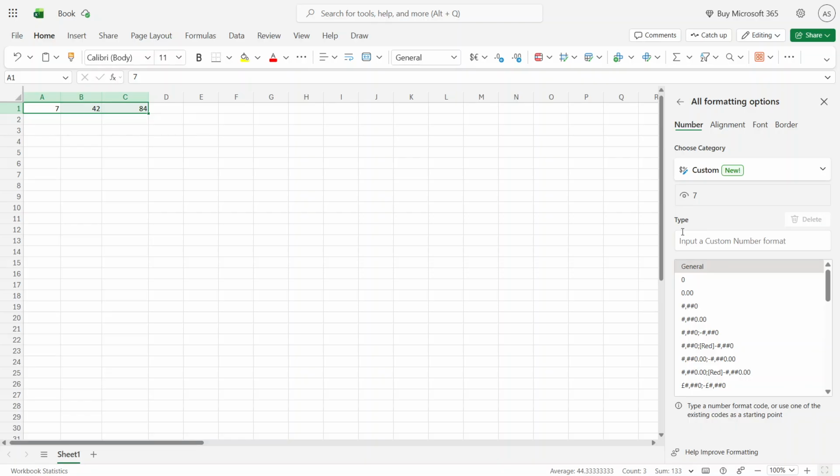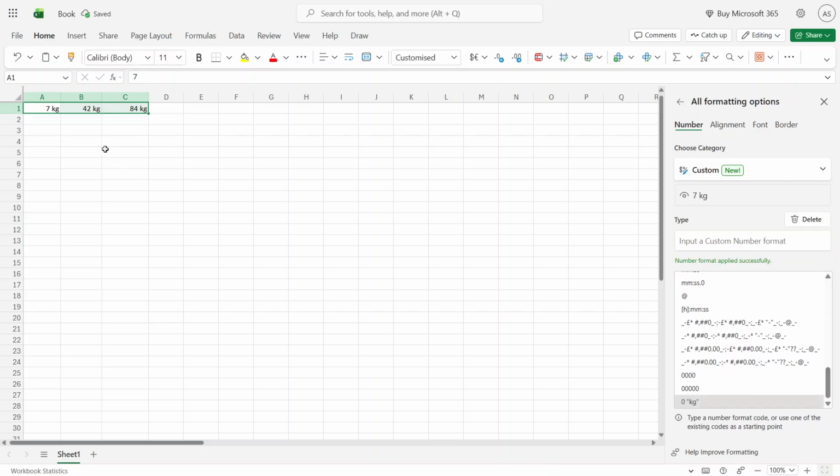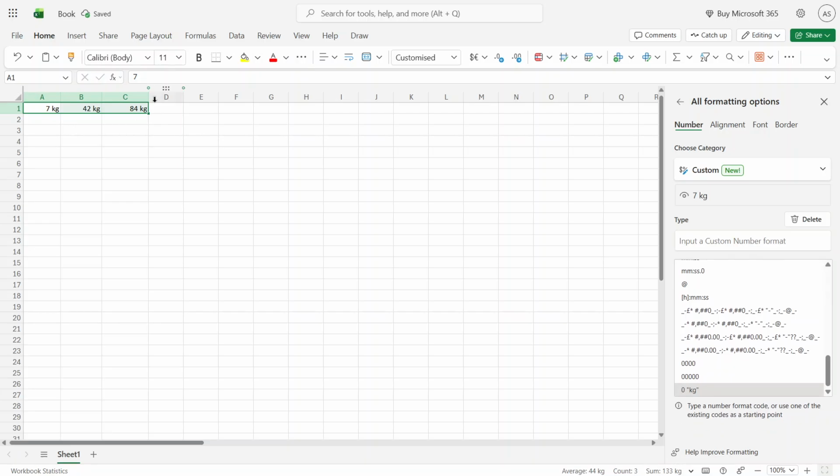If you want to add text at the end of the number, type 0 followed by a space and then your text inside quotation marks. For example, enter 0, space, quote, kg, quote. This will make a number like 25 appear as 25 kg. The quotation marks are important because they tell Excel that this part should be treated as text in the display